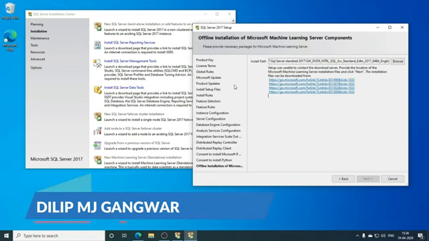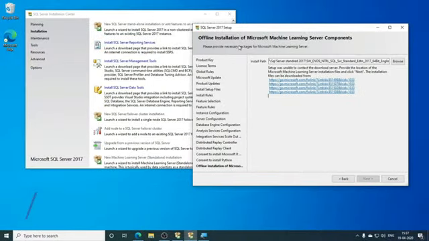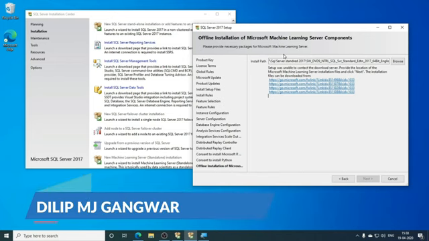So when we are installing SQL Server 2017 setup, you can see right here. When all the steps are completed, then on the last step, the offline installation of Microsoft machine learning server is stuck there and it says the setup was unable to contact the download server. When you reach this stage, you can just click on this link to download the file. These will download the files which are needed for it to install. So just click on any of these links that are given right here.